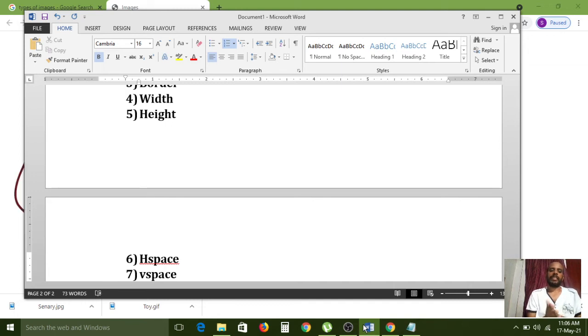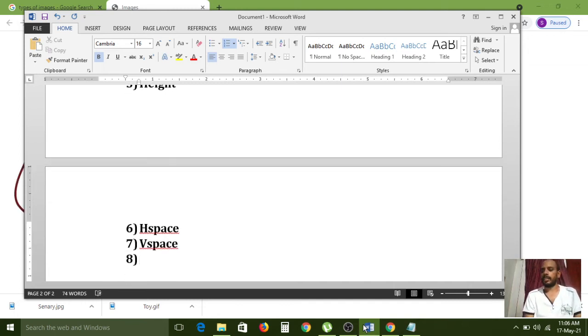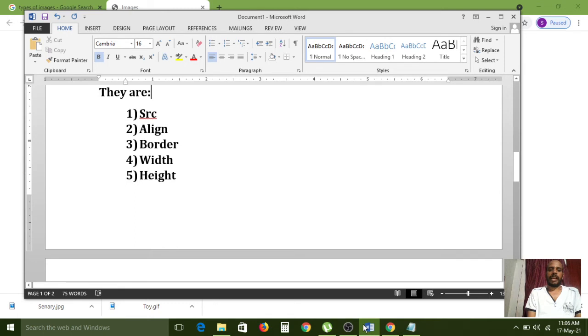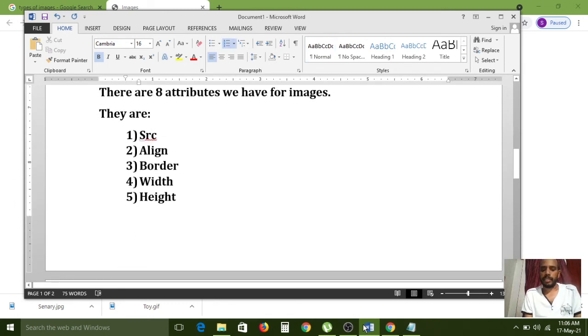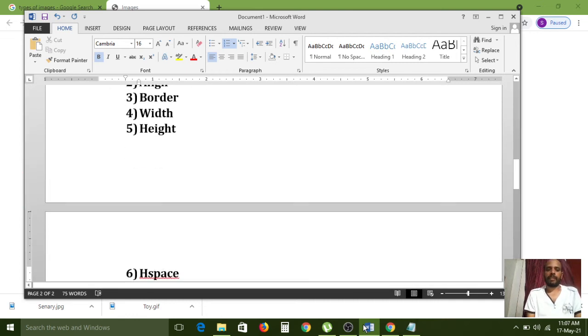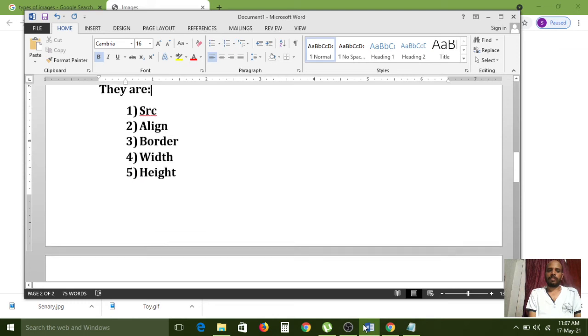Nothing but horizontal space and vertical space. Okay, hspace stands for horizontal space, vspace stands for vertical space, and finally we have the alt option. So these many attributes are supported by the image element. So already we have completed the source attribute, and next one is what? Align.